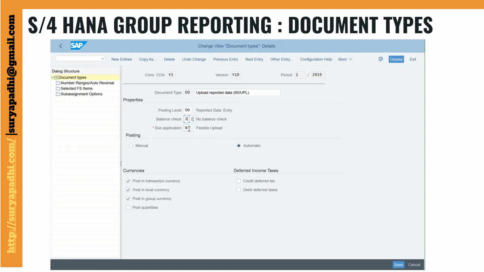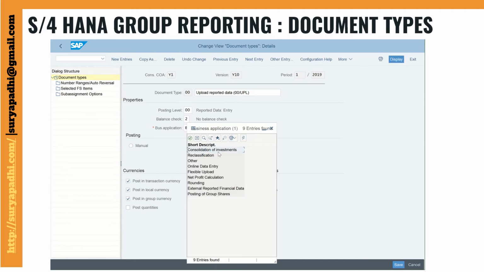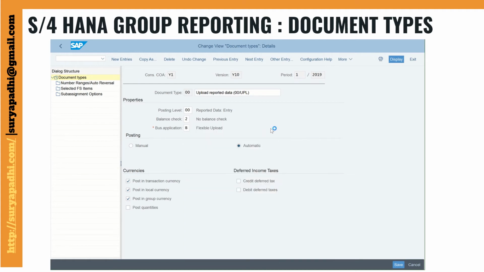Business application, where we can use this document type, you can select the options and you can see the business applications, that is consolidation of investment, reclassification, other, online data entry, flexible upload, net profit calculation, rounding, external reported financial data, and posting of the group share. In addition to this, you can define whether this document type will be used for the manual posting or for the automation.